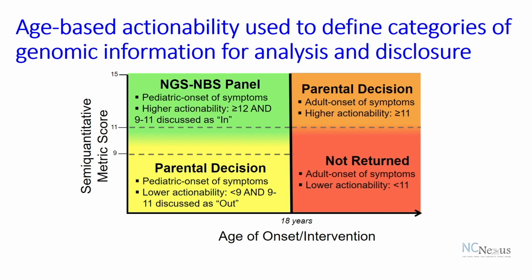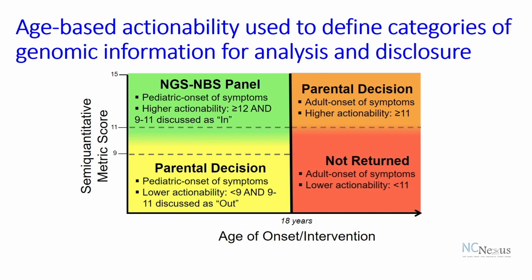things that are having onset before age 18 would be considered childhood onset, and those with higher actionability would be considered part of the next generation sequencing newborn screen. Whereas things with lower actionability would be part of a parental decision group, essentially pediatric onset, non-medically actionable or lower actionable conditions. On the right side of age 18, you have adult onset medically actionable conditions, which was again part of our parental decision-making study,